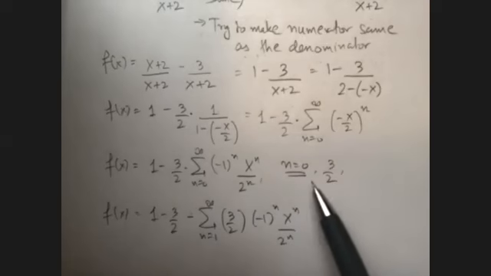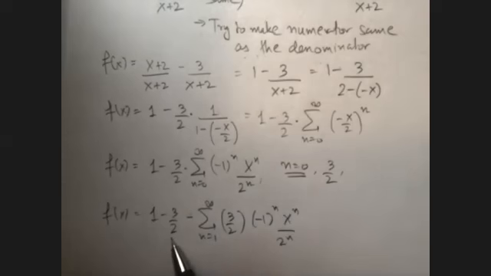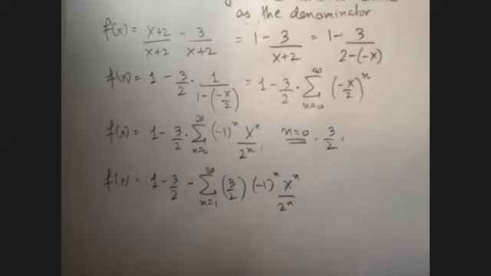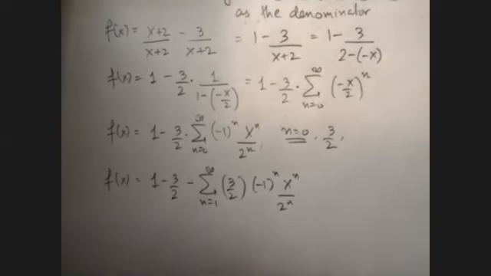We have written down the n equals 0 term separately here because we can now add it with the constant. So then the final answer becomes minus half